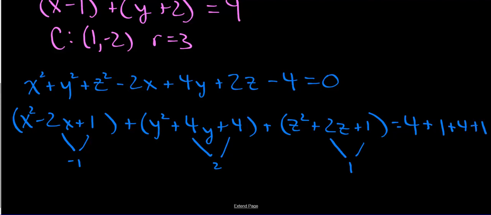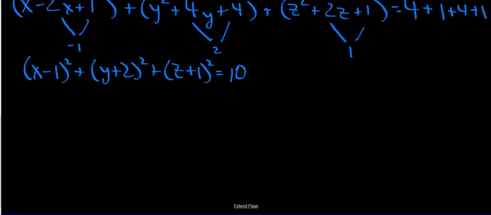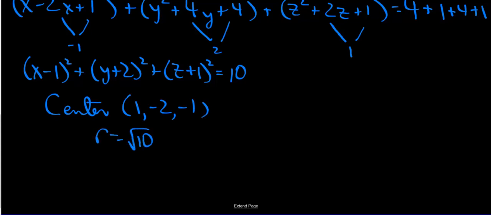Now all you do is rewrite it: x minus 1 squared plus y plus 2 squared plus, here's the new part, z plus 1 squared equals 8, 9, 10. So now we have a sphere this time, and the center is 1, -2, -1, and the radius is the square root of 10. So instead of a circle, which just has the x and the y, we have x minus